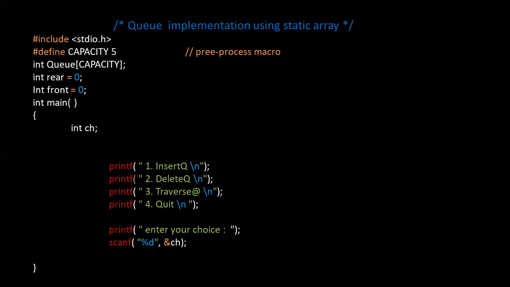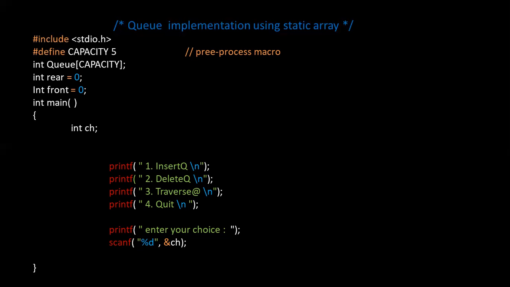Suppose if we choose something other than these 4, then it needs to give an error message, which we need to write in the logic. Suppose we choose something other than 4, say 5, 6, 9 or 100, or any ASCII value, we need to print an error message saying that it is an invalid input. Also, whenever we run this particular program, it will get executed only once. But our intention is that we need to insert elements, delete elements and display the elements continuously, not one time.